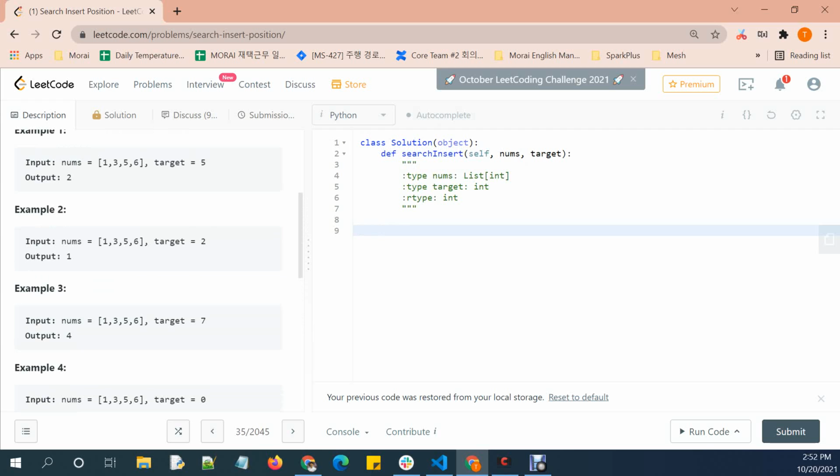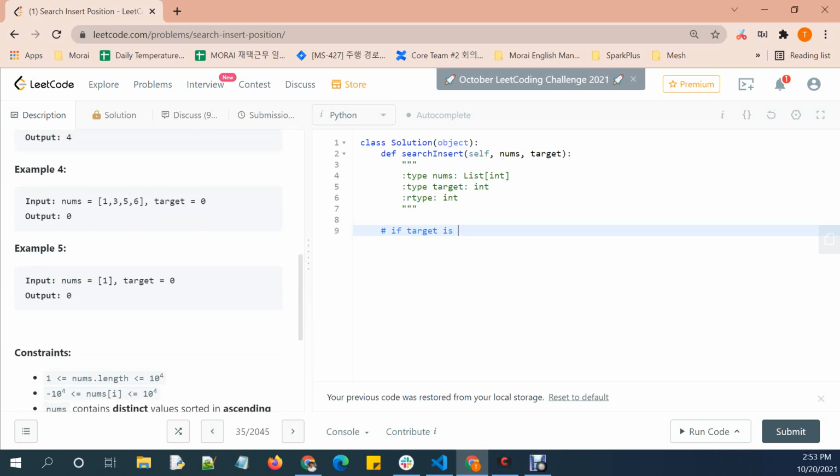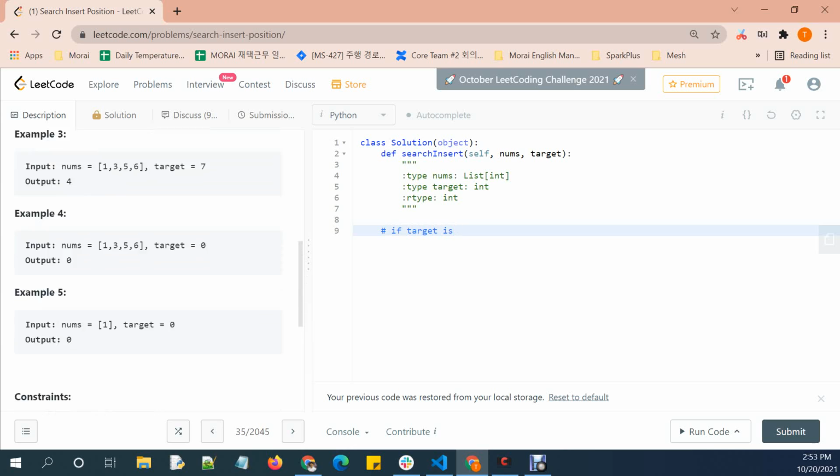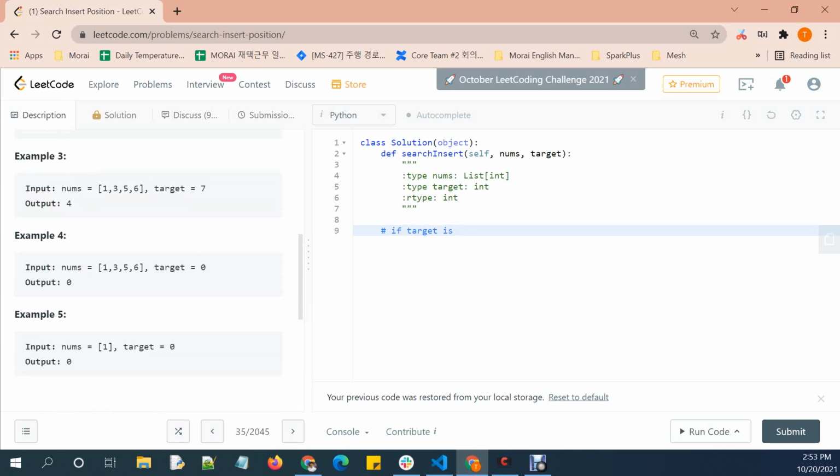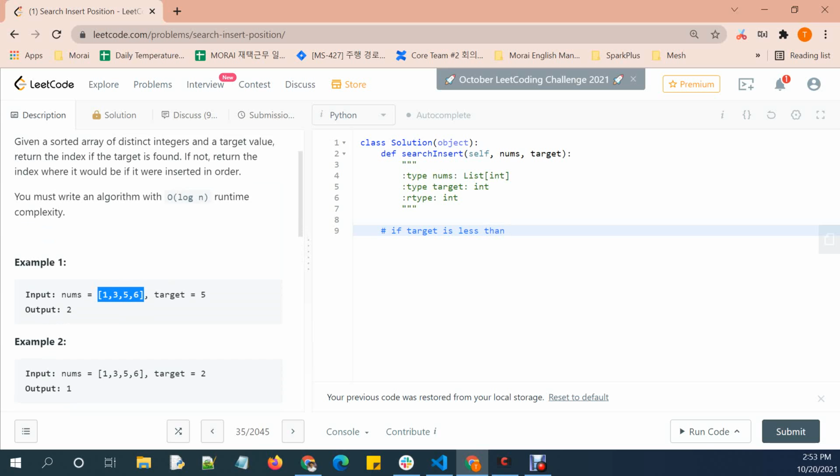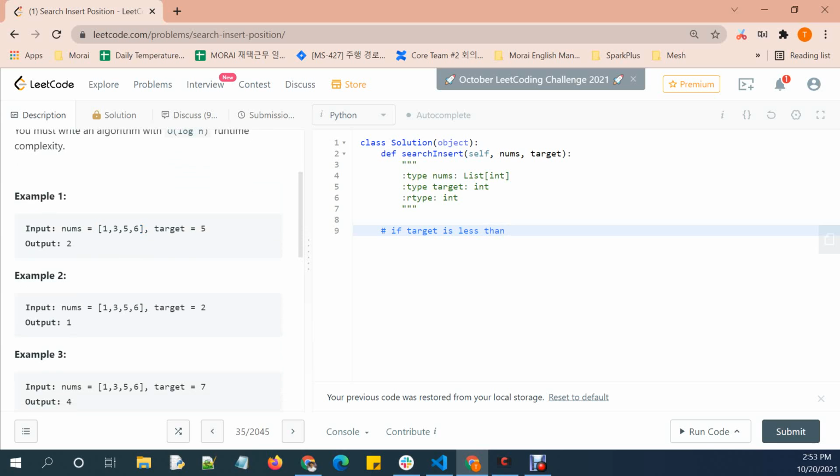Given the fact that all these arrays are sorted, there are a couple of scenarios. Let me just write it down here. Let's say nums is 1, 3, 5, 6. Scenario 1